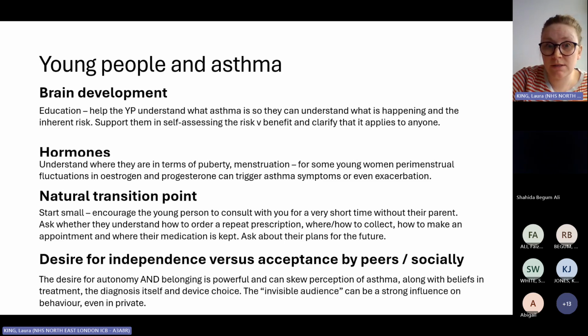And quite embarrassingly, I've had situations in the past, especially when I was quite new to asthma, where I had teenage girls come into tertiary clinic, in a different area, and they were exacerbating every month, and I was really scratching my head thinking, what on earth is going on? We've done everything, home visits, blood's coming out of her ears, bless her, everything we could think of, and then suddenly clocked that it was every 28 days and it was the start of her period. And there is quite a lot of evidence for that, actually.